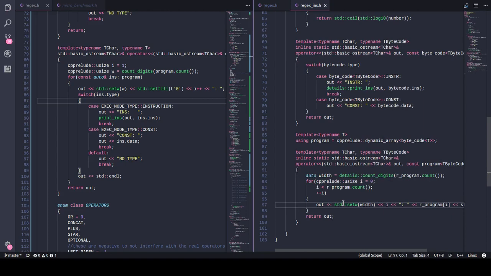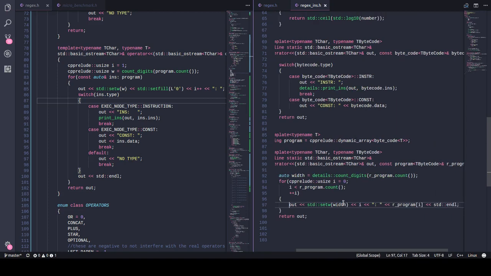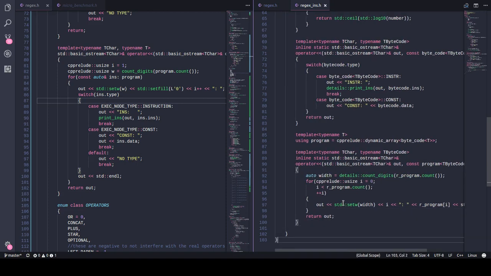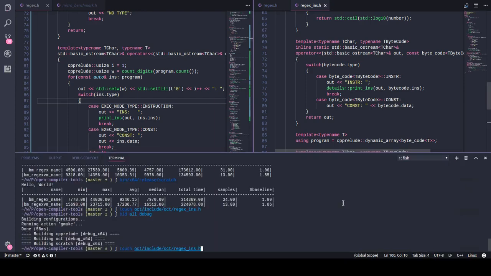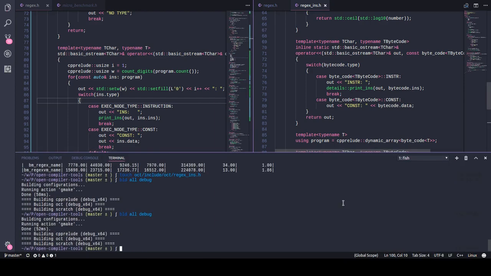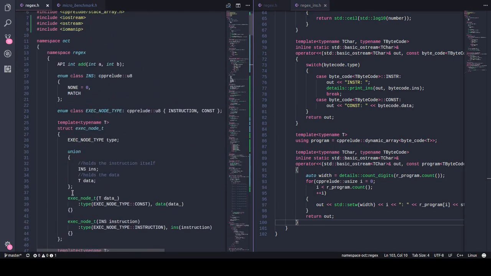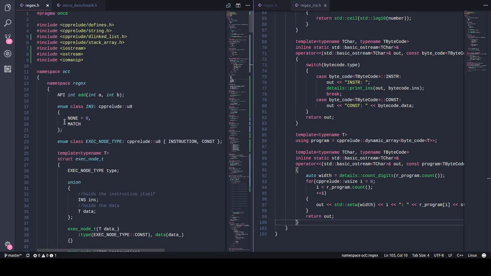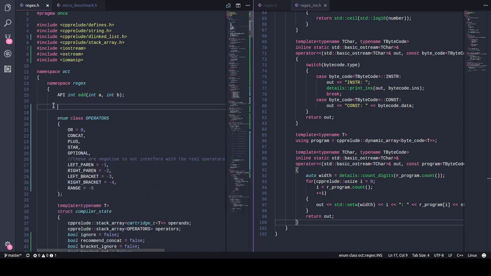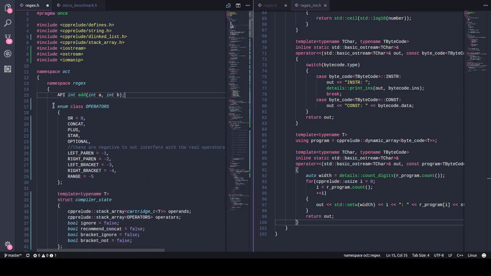This one-liner, yeah, it should work, but I do not know. Let's try and compile it. Okay, we didn't get anything useful by compiling it, so we will just remove